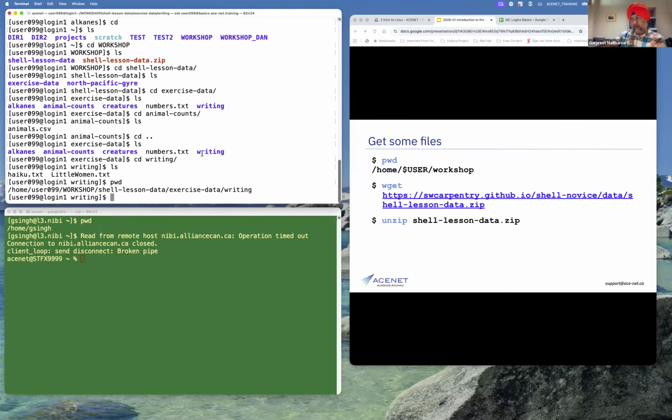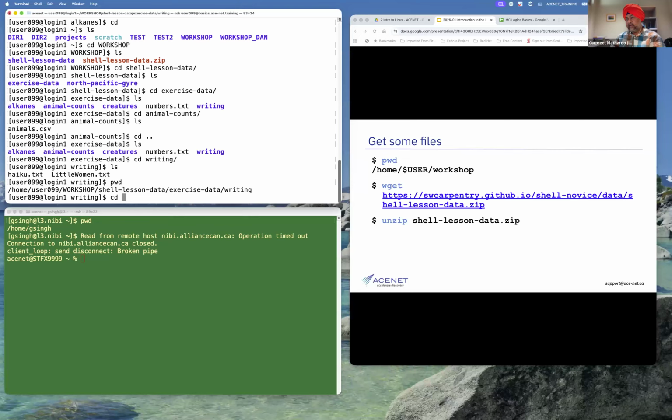If I want to go from writing to, let's say, alkanes, in two steps I can use cd dot dot. It will take me back one step to exercise data, and then I can do cd onto alkanes. Fine, you can do that. If you want to combine this, you can do it this way.